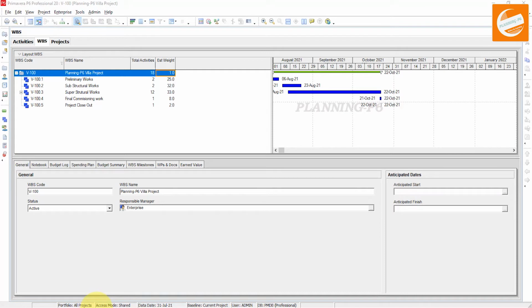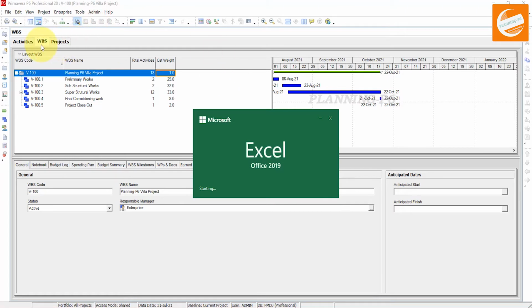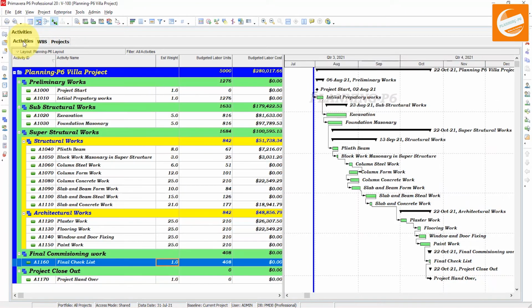Open your Excel to see whether our cost estimation is equal or whether it has changed. I will tell you how you can see your cost is equal. You can use the calculator as well, but Excel is easy. Excel is opening. Go to the activities, and if I minimize up to the WBS level, you can calculate like that.